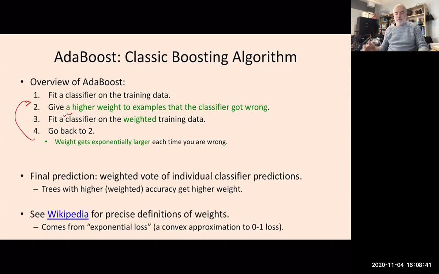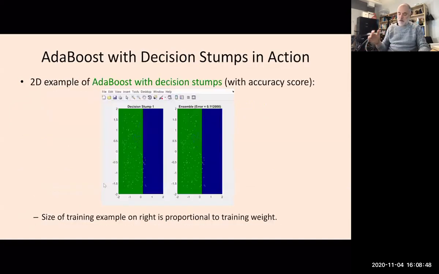And we're going to basically move away from AdaBoost with XGBoost anyway. So you want to be aware of AdaBoost and be pointed at the right research to understand what's going on. So if we look at a 2D example of AdaBoost with decision stumps, with accuracy as the score that you use to decide splits.